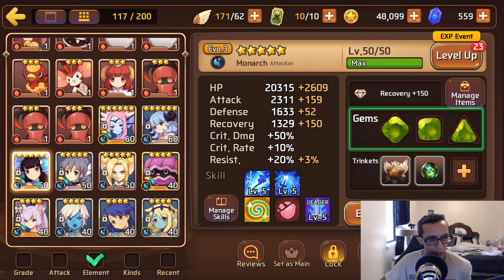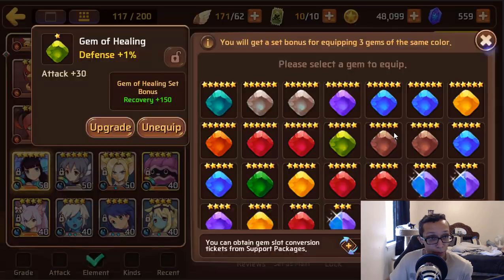You have your level 50 Mona here. Definitely get her to level 60 as soon as possible, and you do have her booked up as well. She doesn't need crit rate, so just HP attack. If you plan to just use her for B10, I mean not B10 but B8, just do triple attack. But definitely get rid of this